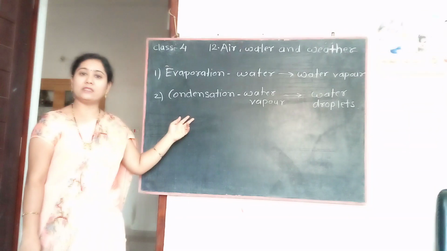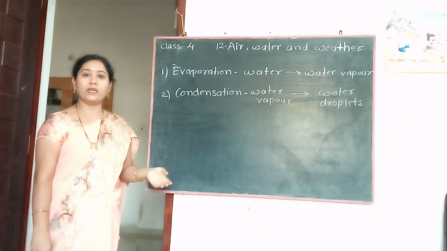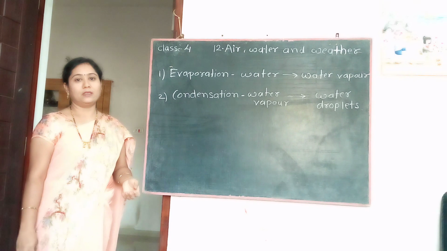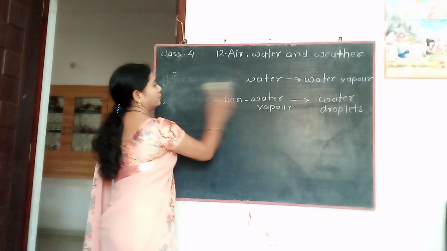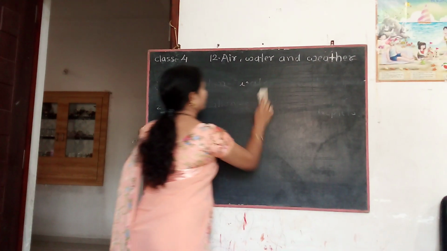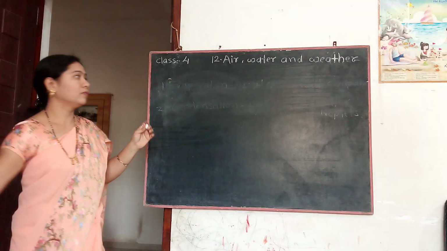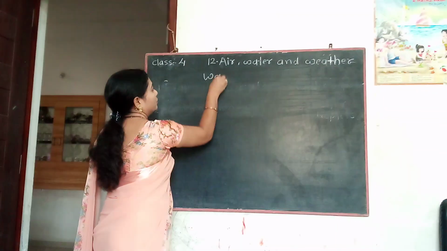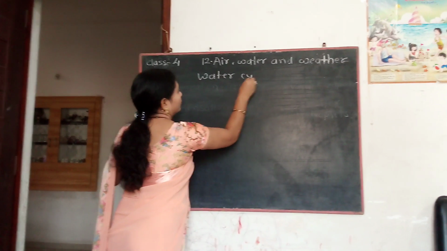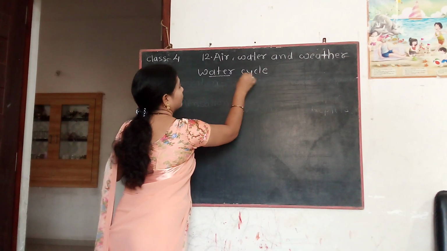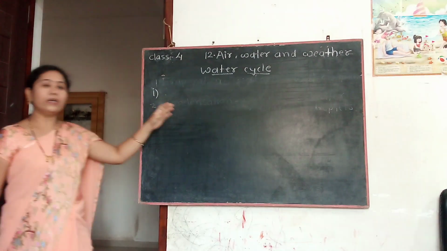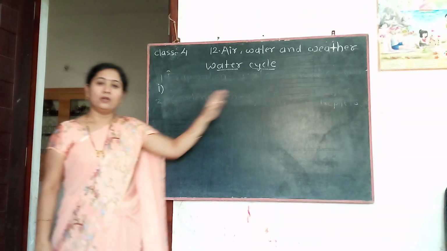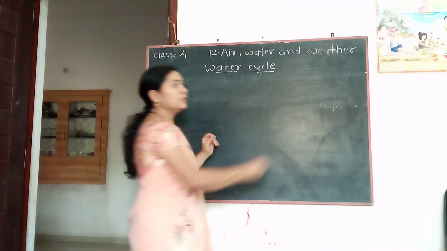In nature, these two processes, evaporation and condensation, take place continuously to form the water cycle. Now, how the water cycle forms, we see in detail. Water cycle. Here I write sentences and according to them I draw their picture. Okay? Because of the sun,